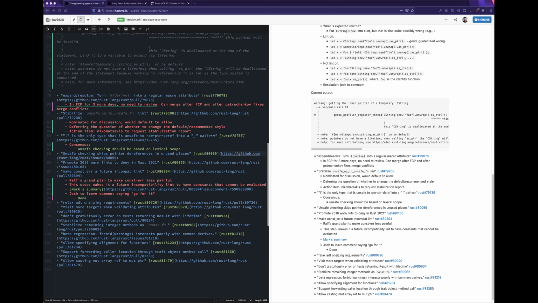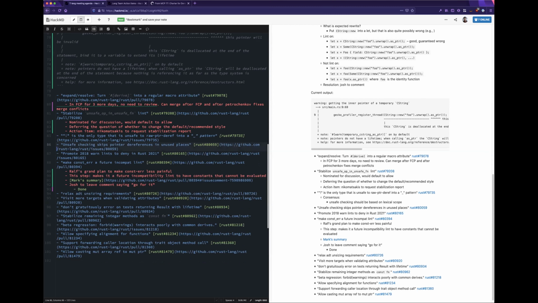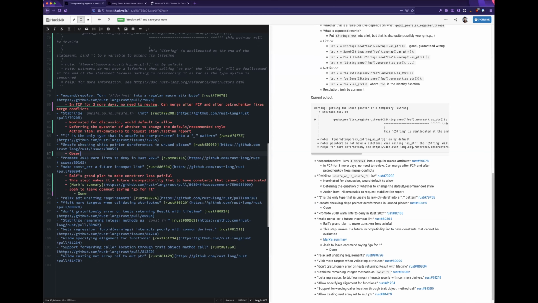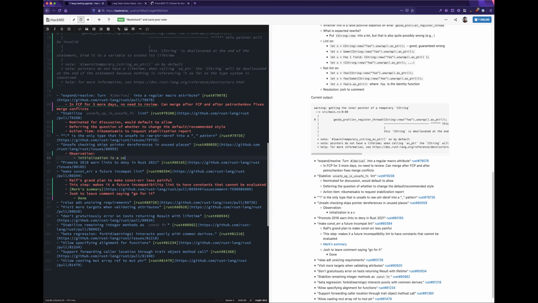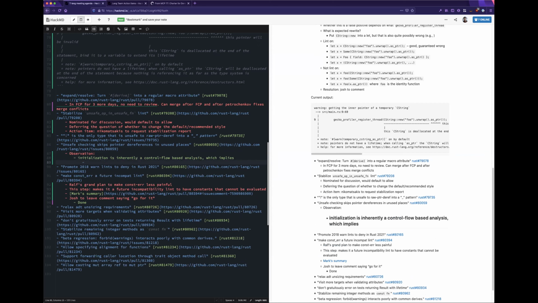Can we agree that initialization checking fundamentally can't be based on lexical scopes? It is a control flow analysis, right? At least I agree with that. Yes. But this is not 100% about control flow. That is true. First of all, I agree that it is a control flow based analysis. So, observation: initialization is inherently a control flow based analysis, which implies there are probably some